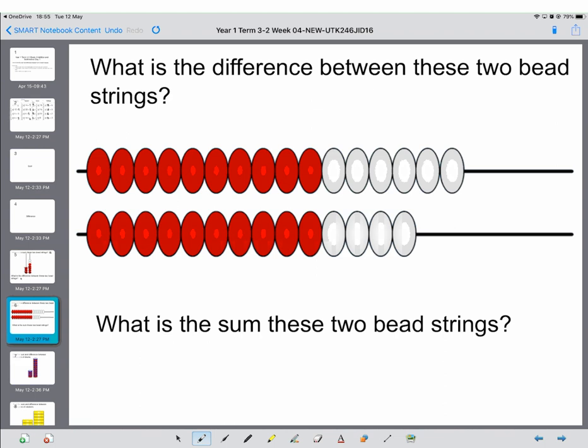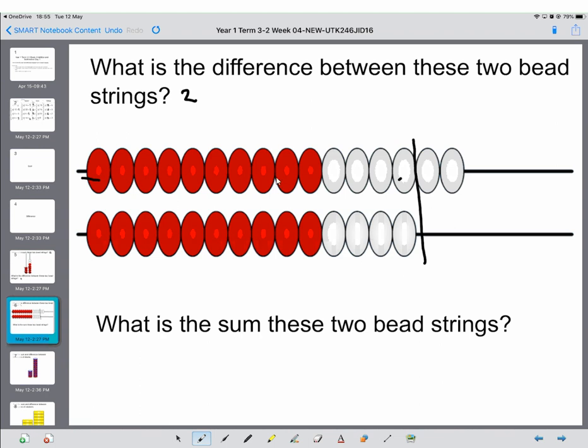Okay, so what's the difference between them? Well, the difference is drawing across here. So those are all the same. The difference then is 2. What's the sum? That's a lot harder, but we can actually use the colours here because we know that on